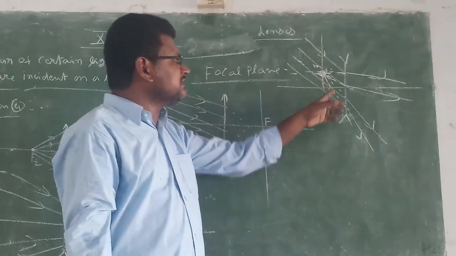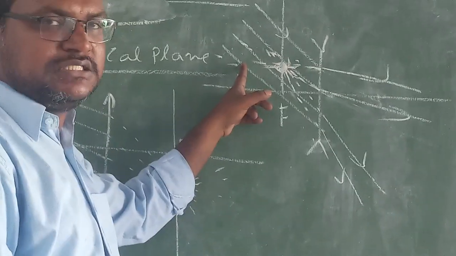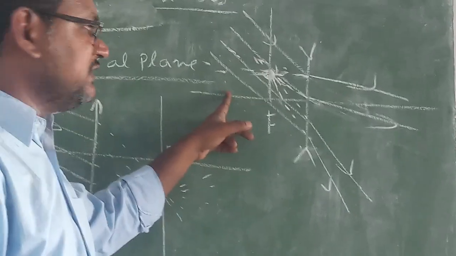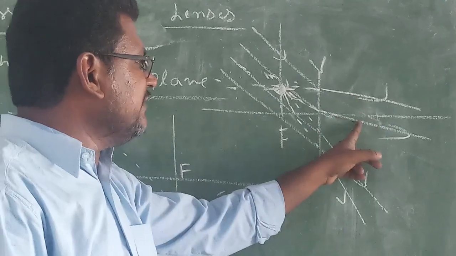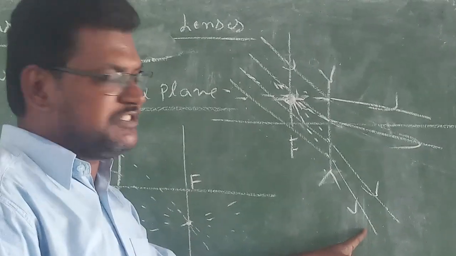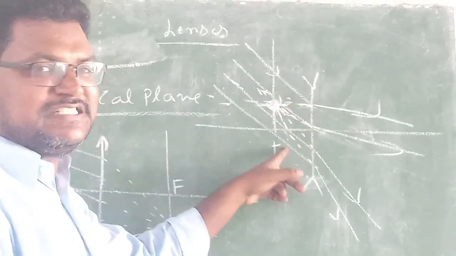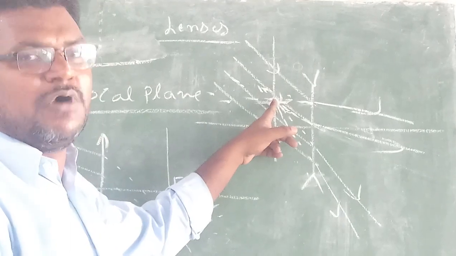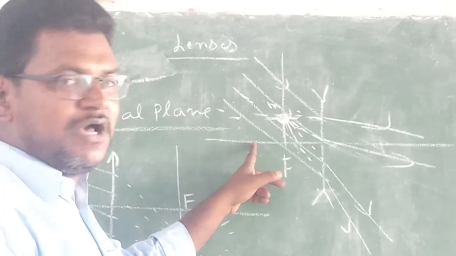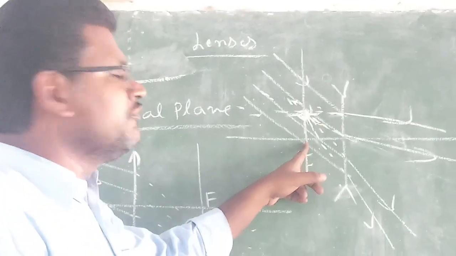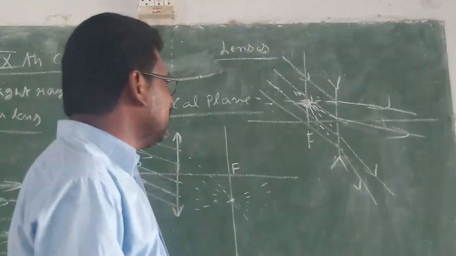So even in the case of a concave lens, here these are the incident light rays. These are parallel to each other but not parallel to the principal axis. After the refraction, the concave lens can diverge the light rays in these directions. When we extend the refracted light rays back, all these extended light rays intersect at one point, and that point lies on the perpendicular line to the principal axis which is passing through the focus, and this is the focal plane in this case. Okay, so this is about the focal plane.